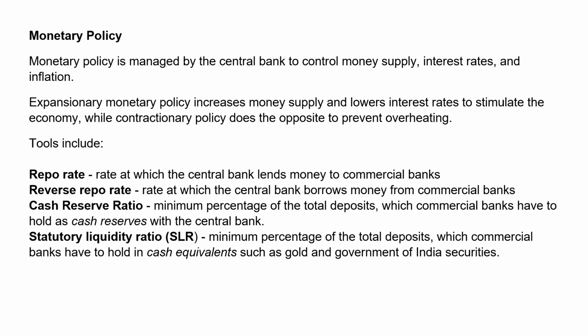Next is the cash reserve ratio. Oftentimes these commercial banks have to put some money in cash form with the central bank. The minimum percentage of the total deposits which the commercial banks have to hold as cash reserves with the bank is called the cash reserve ratio. They can say 30%, 20%, whatever amount of the total deposits that you are holding in your commercial bank, you have to keep it as cash reserves in the RBI. So you can increase or decrease this amount.